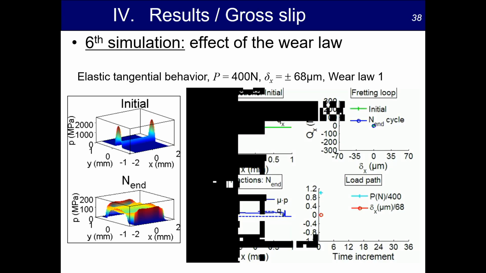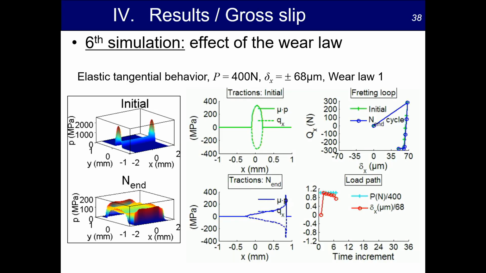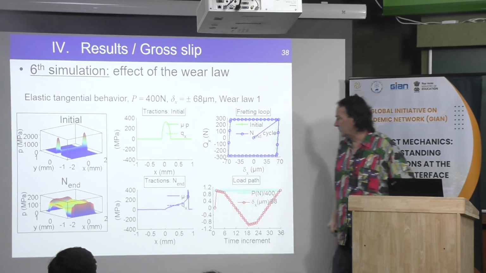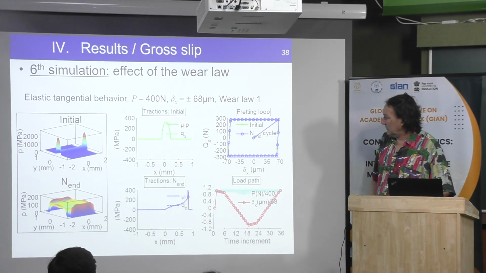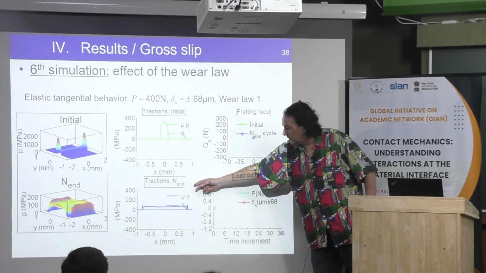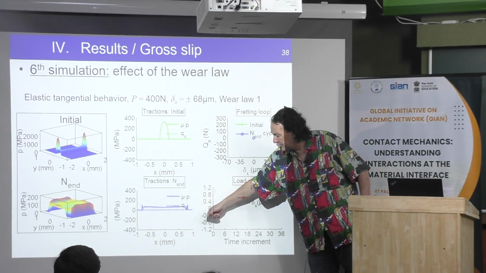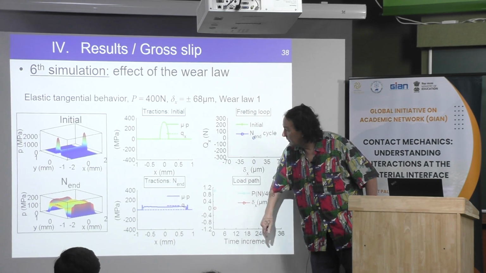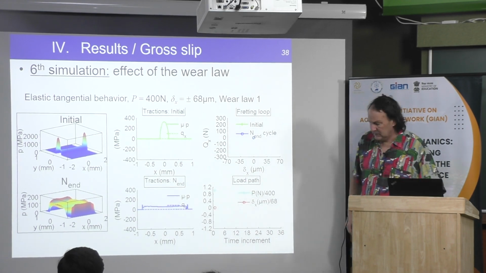Then at the beginning, here, this is the initial solution with the initial geometry, and in blue, this is the final solution. You can see that there is no difference. This is because we impose a normal load, which is the same from the beginning to the end. And another result here is the shear stress at the contact, which is with a dash line, along the x direction.